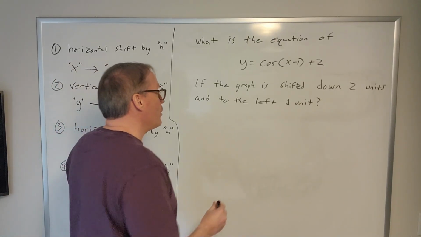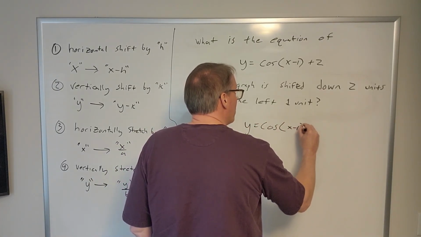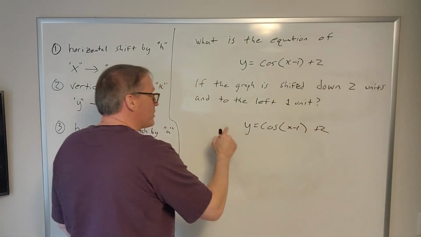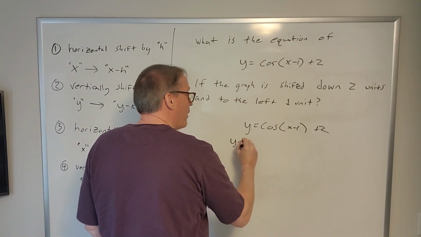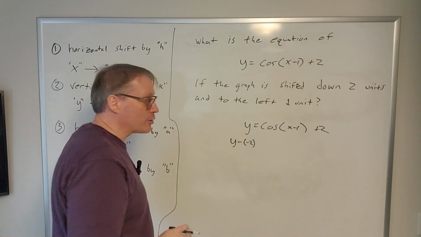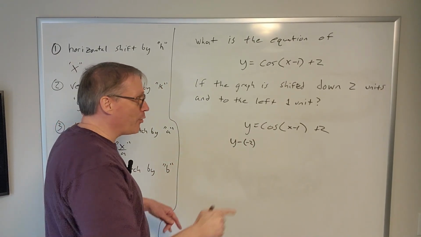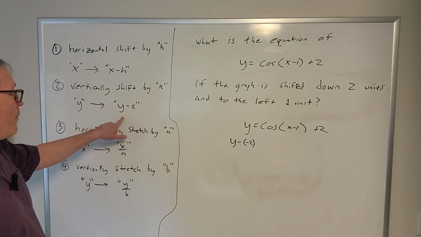All right, well, we have y equals cosine of (x minus 1) plus 2. Let's see, we want to shift it down 2 units. Well, let's replace y with y minus negative 2, because we're going down 2 units. Now we have a negative number, negative k here. So it's going to be y minus negative